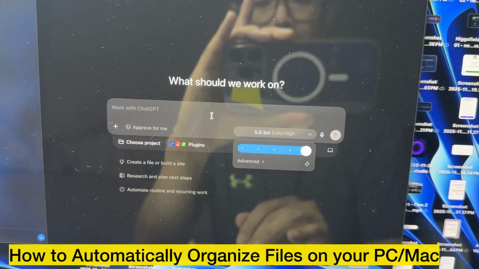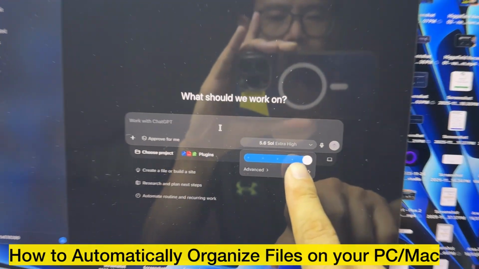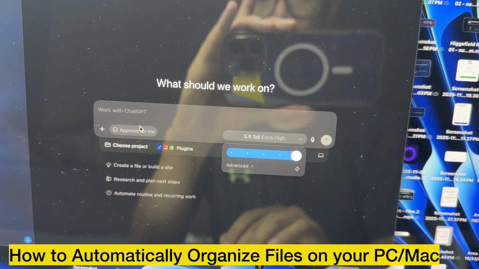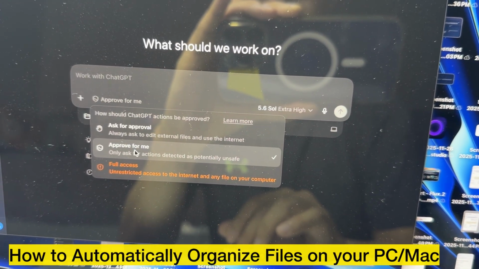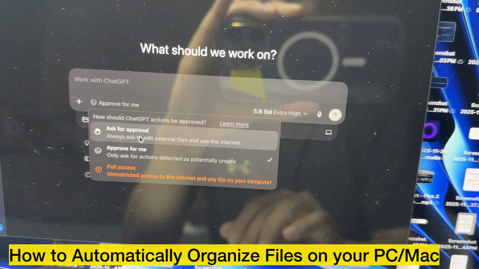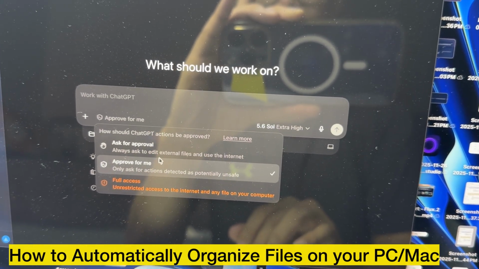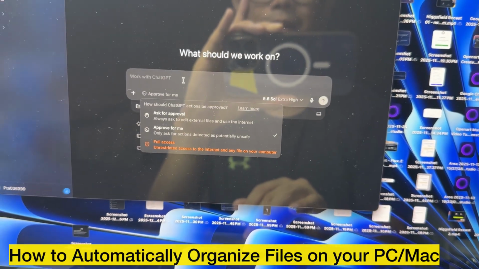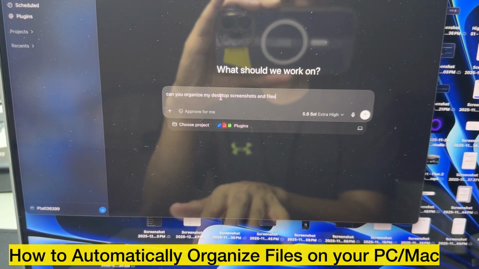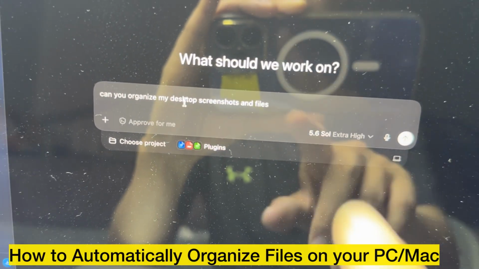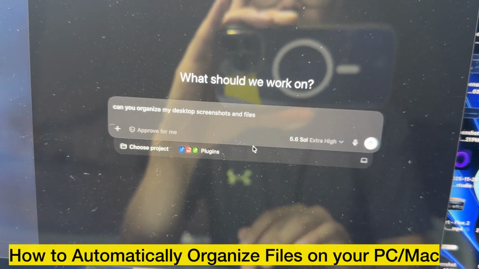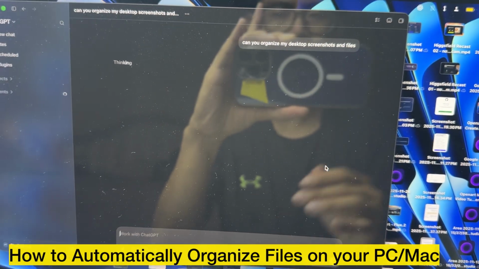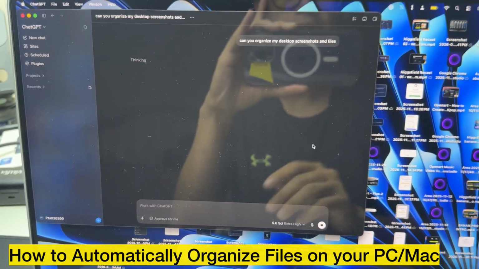But I still have a lot of usage left, so I'm going to use extra high right here, and I'm going to select this as approved for me, because otherwise it's going to keep asking should I move this file, or this file should go here. So I want it to automatically approve for me, and I'm going to type this: can you organize my desktop screenshot and files, and then just hit send, and then it's going to start looking at the screenshot,